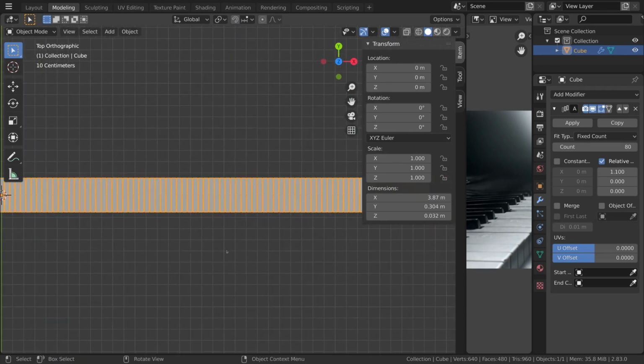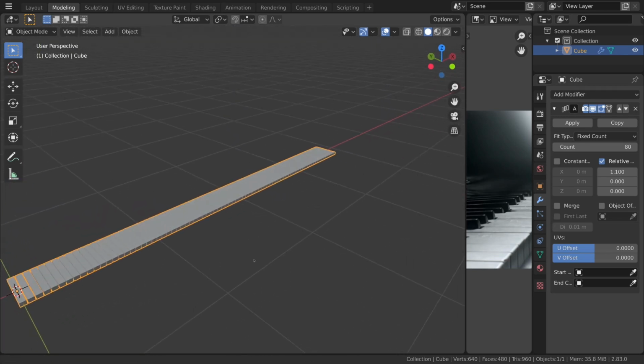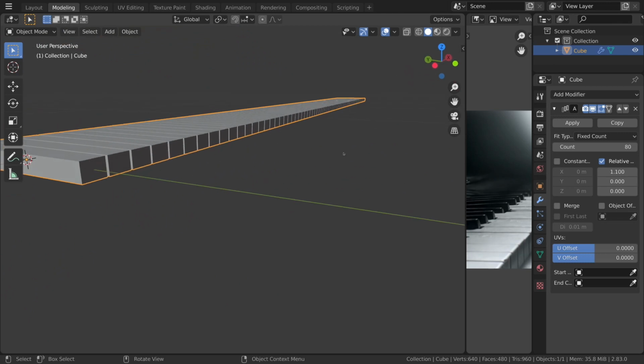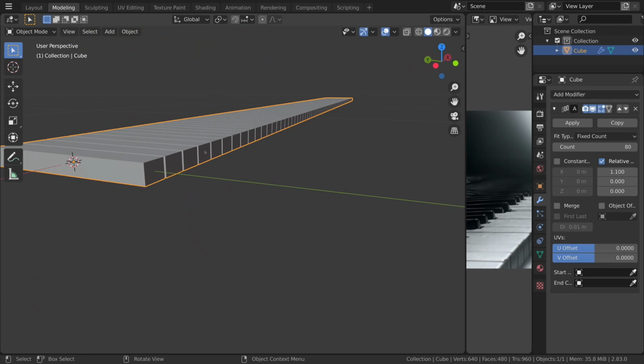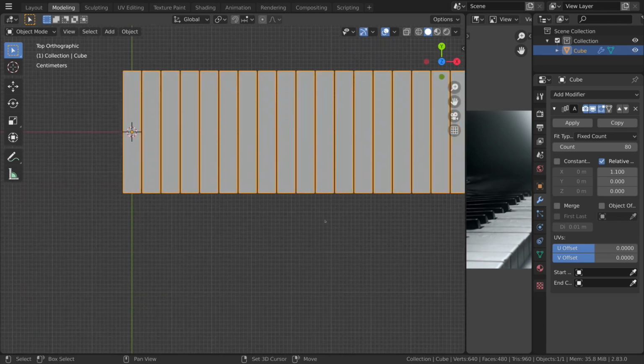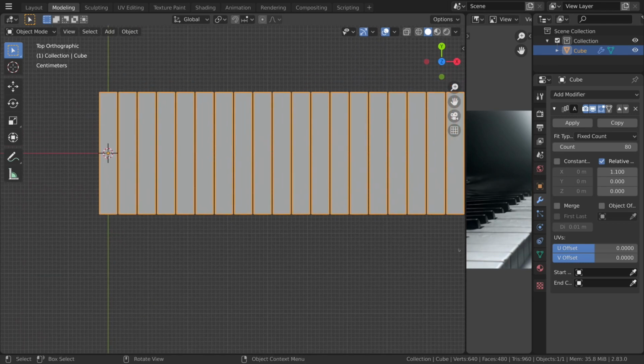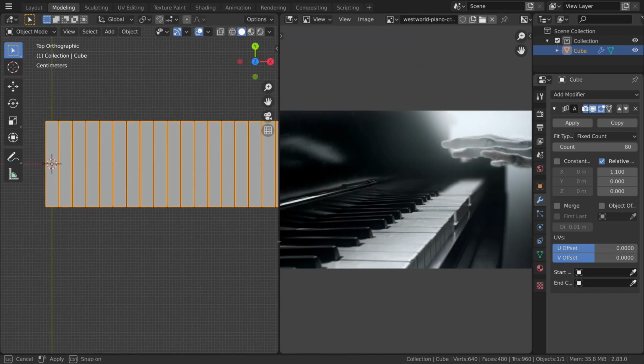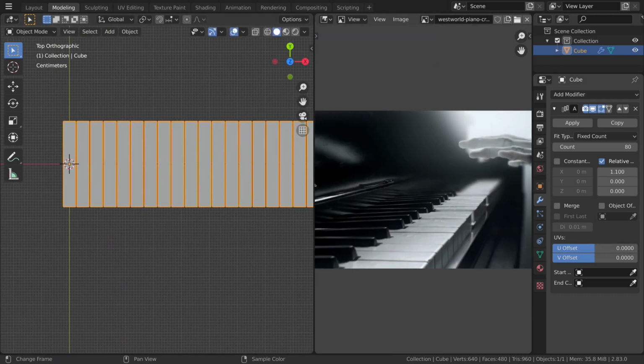Okay, so we have the keys looking the way they should. They look keyboardy to me. Of course, we've got the little lippy bit that comes out, but that'll be easy enough to add in a moment. What I want to do first, though, is figure out how to do these black key cutouts in the most efficient way. So basically, we're doing this from the reference image rather than from physical sizes. I only like using the exact sizes in certain